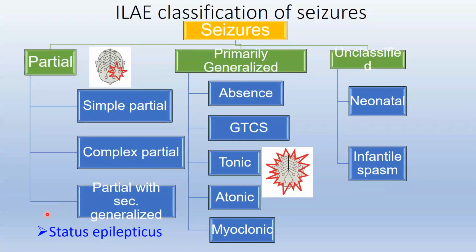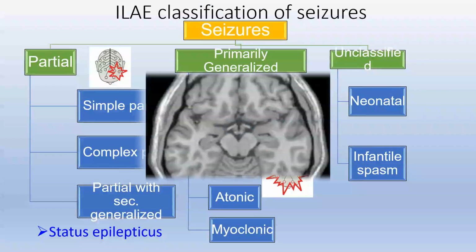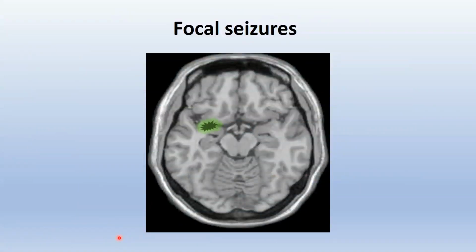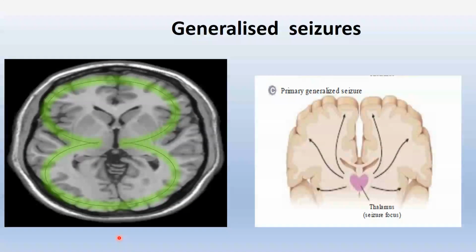And one major and life threatening seizure episode is status epilepticus. What usually happens in focal seizures? Focal seizures is a scenario where a small part of the brain is involved, and usually this may sometimes generalize to wide areas, resulting in focal seizures with secondary generalization. The same logic applies for generalized seizures, where the primary focus of the seizure will be from the thalamus, from where the asynchronous firing of neurons will be widespread.